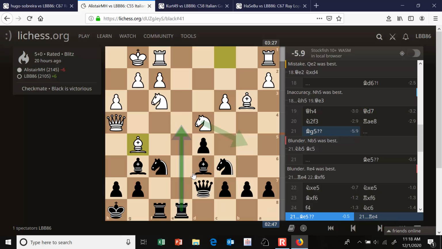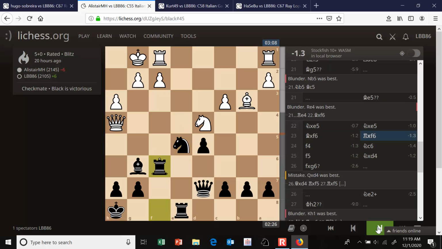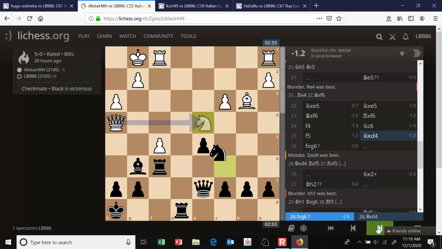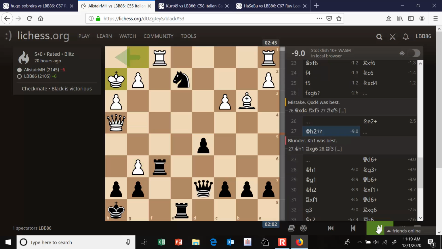I had this move rook to e4 apparently. And the queen is actually trapped. There are no squares after rook to e4. Okay, but I missed the idea of trapping the queen, but I still have a slight advantage. Okay, still a pawn up. Okay, now I'm completely winning